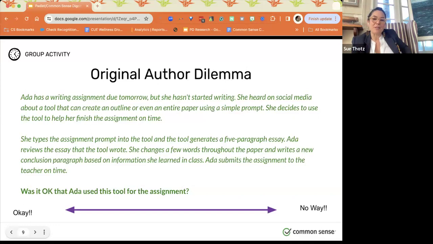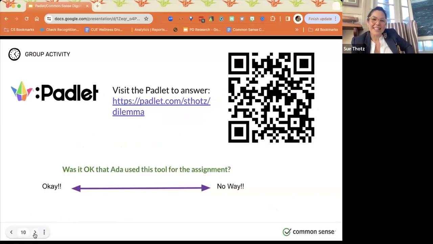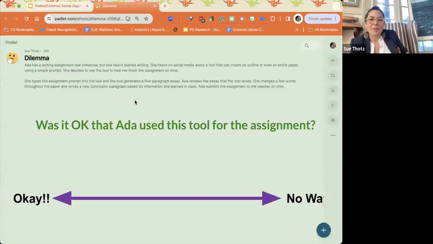So, by the way, since I've been asking this question, people have very much changed their thoughts. I've seen a lot of spectrum shift since last spring. So here's what we're going to do. We're going to go to the Padlet. I have the link here, and I'm sure somebody's going to drop it into the chat to get us all there. And all I did, I'll show you how I made it. But first, let's go look at it. I feel like it's magic what I just did to make this thing.